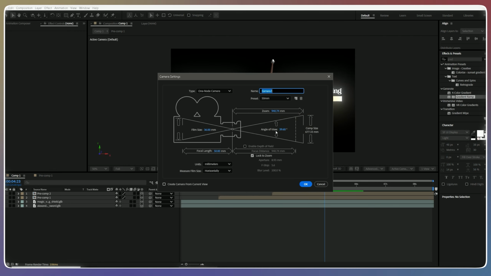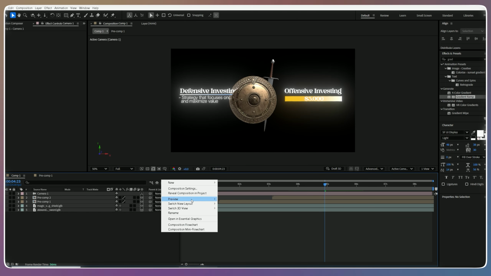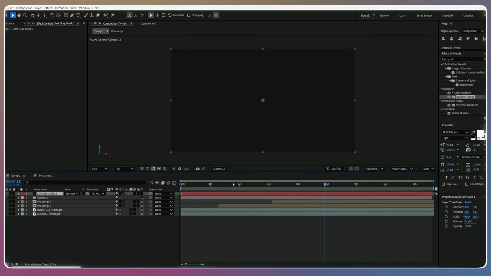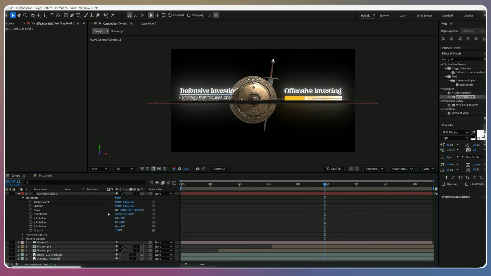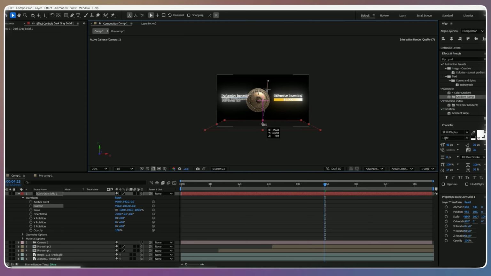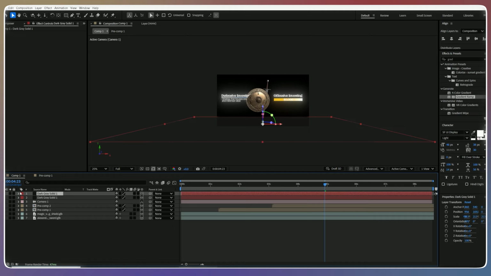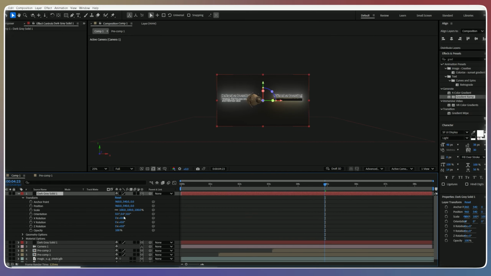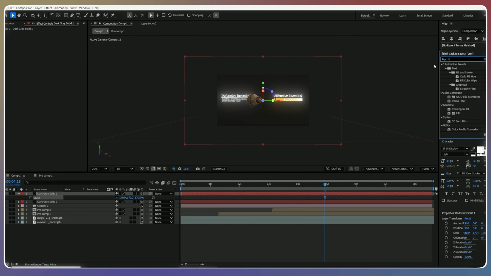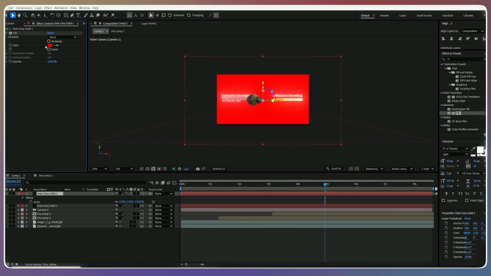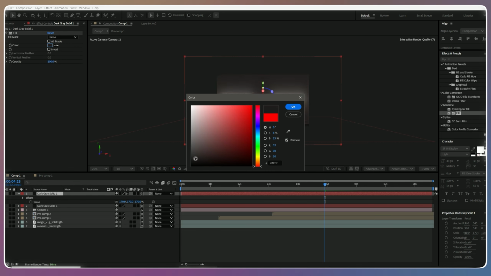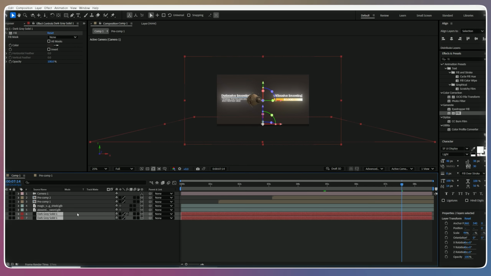Right click in timeline, choose 50mm 1 node camera for camera movement. Right click again and pick up shape layer and rotate it to 90 degrees. Then place it at bottom side for the floor. Then duplicate the layer and change its rotation to 0. Increase its scale, then apply the fill effect from effects panel and change its color to the darker gray.